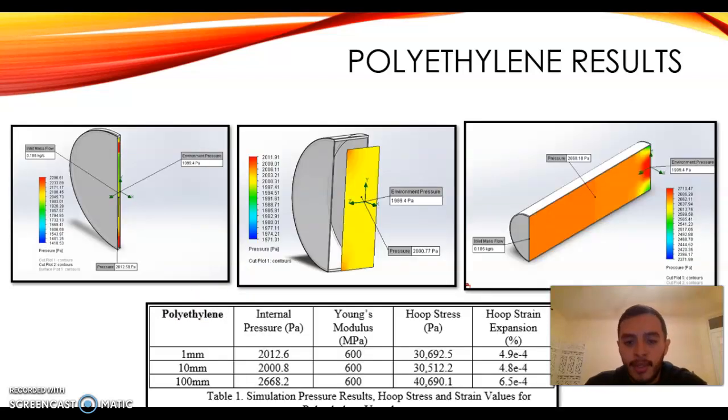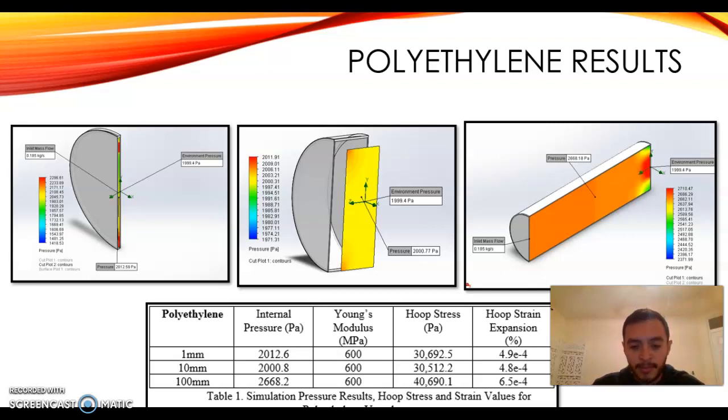Here you can see the results that we obtained from the simulation for the polyethylene material. At 1 millimeter, the internal pressure was determined to be 2,012.6 pascals. For the 10 millimeter long pulmonary artery, internal pressure was determined to be 2,000.8 pascals. And for the 100 millimeter length artery, it was determined to be